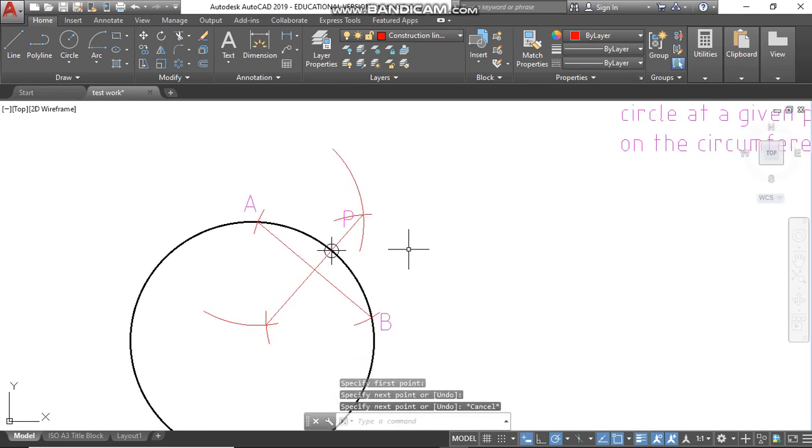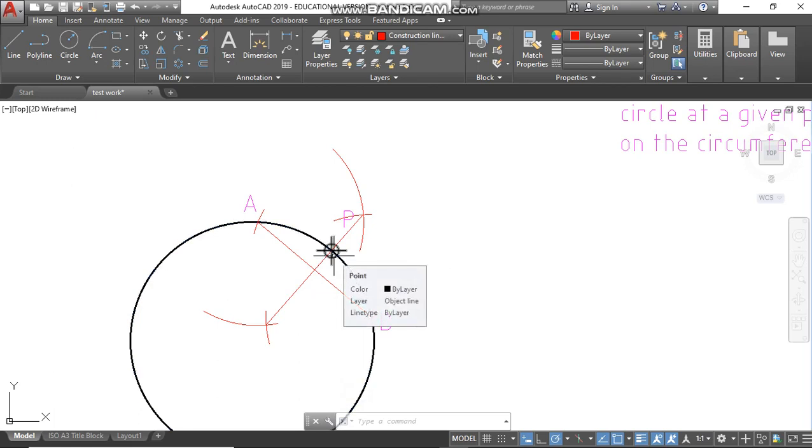Now this bisector becomes the normal that passes through point P. Now we're going to draw perpendicular to this bisector at point P, and that is going to be our tangent. So at point P,